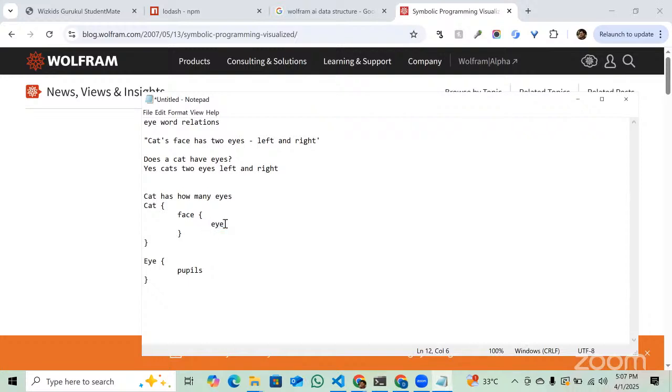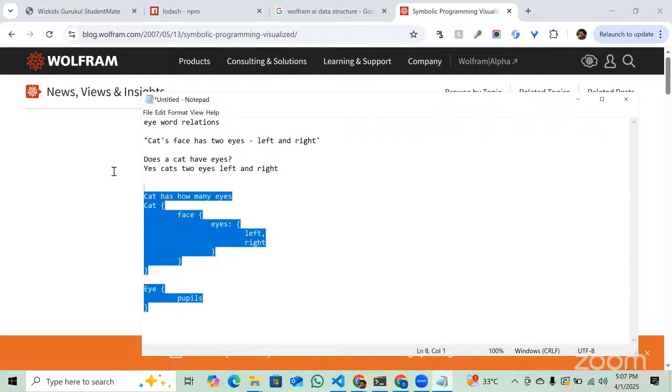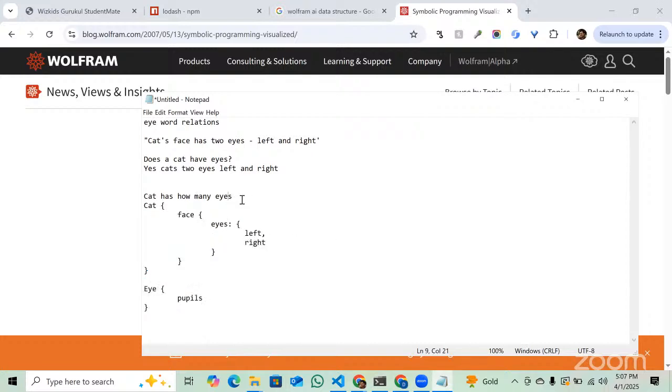If it has eyes also, so it has a proper hierarchy and symbolic representation of knowledge. So when you ask a proper symbolic AI, or a knowledge-based AI or a word representation AI, it will actually process information in this way and give you an answer that a cat has eyes